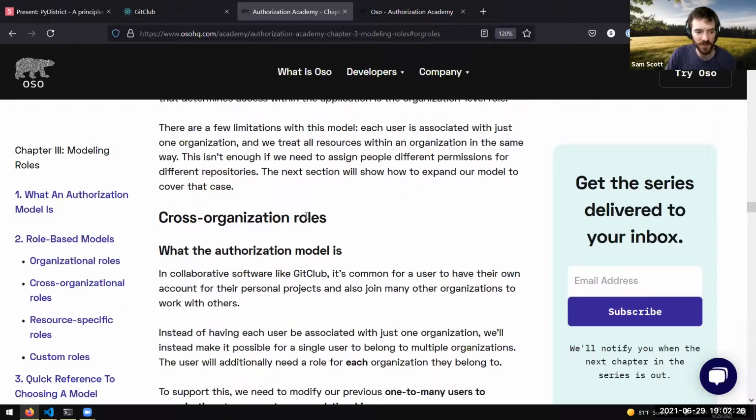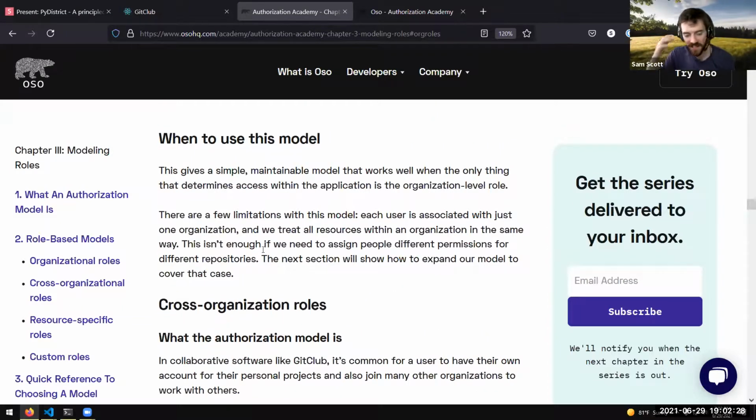So we walk through each of them. We say, hey, this is appropriate for this kind of thing. If you want this kind of user experience, does every user belong to just one organization, or do they have multiple organizations? Like in GitHub, I can belong to as many orgs as I want. But maybe in an HR expenses app, that doesn't make sense because everyone only has one company, until you think about, I don't know, contractors or something like that. So depending on your application domain model, there are different user experience trade-offs that you want to think about.